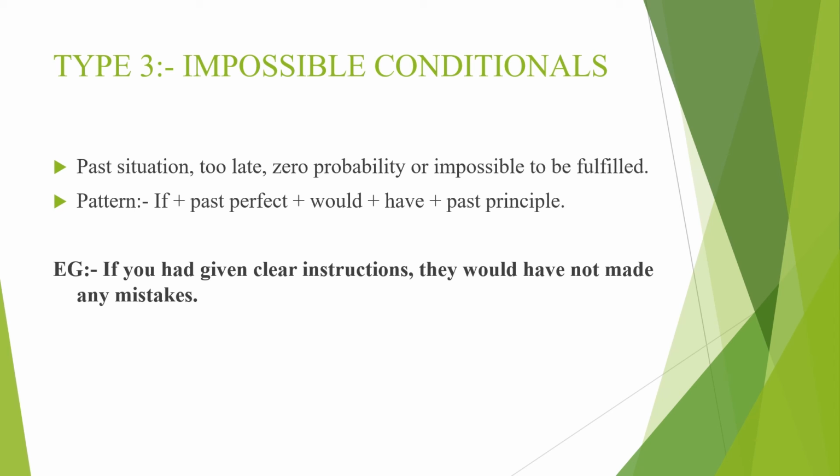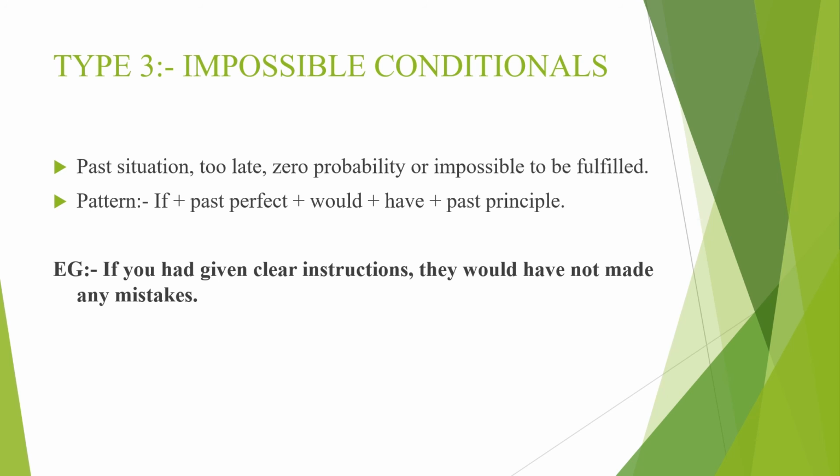Now we will go through a quick revision. What all we studied? We studied what conditionals, or conditional sentences, are. Conditional sentences talk about the given condition and what can be the possible results or consequences of those conditions. Then what are the four different types of these conditionals? The four different types are type 0, type 1, type 2 and type 3. What did we discuss in type 0 conditionals? We discussed general truths and scientific facts.